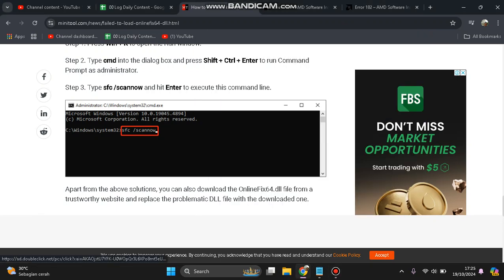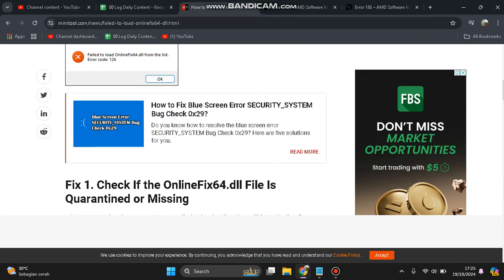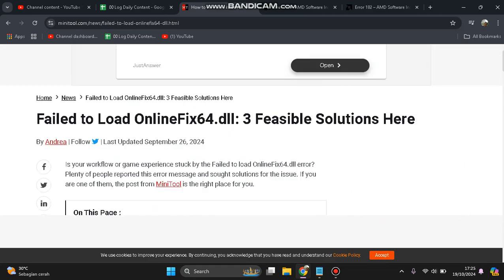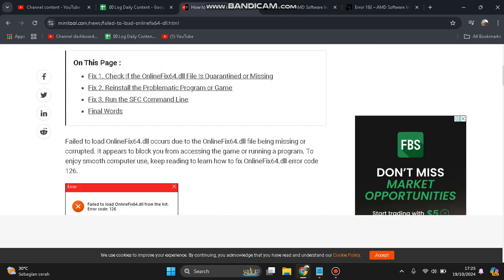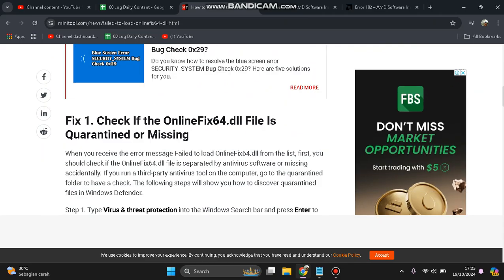Today I'm going to show you how you can fix the onlinefix64 DLL file type, dynamic link library error. So when we try to open or run a program or game, the onlinefix64 error, file missing or corrupted, you can try to